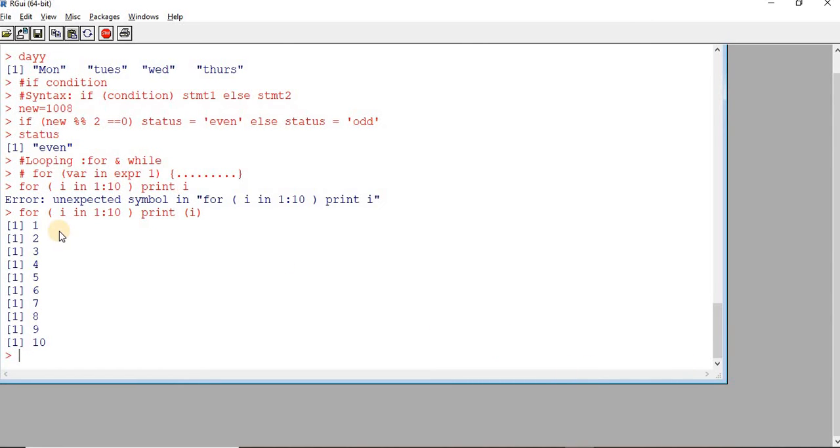So what happens initially, i takes the value of 1 and after this initialization it will print it. Then you know that this is automatically incremented by 1. So now i's value will be 2, then it will print. So it will keep on printing until this sequence from 1 to 10 gets over. Every time the value increases, i gets that value.